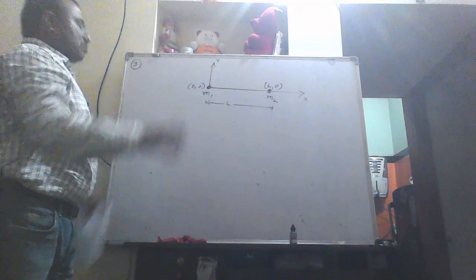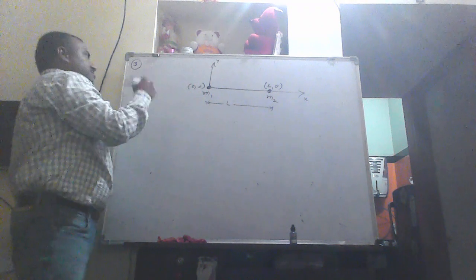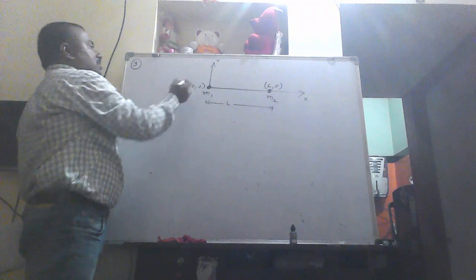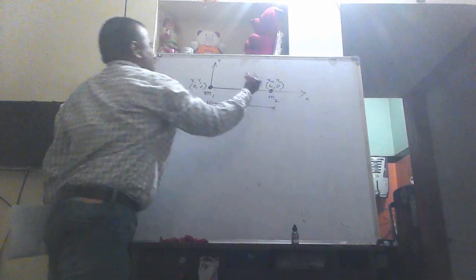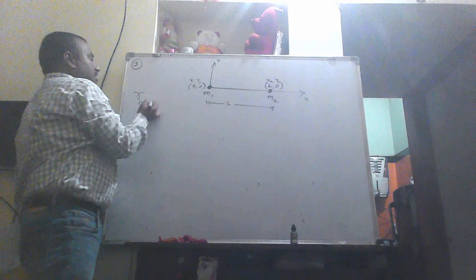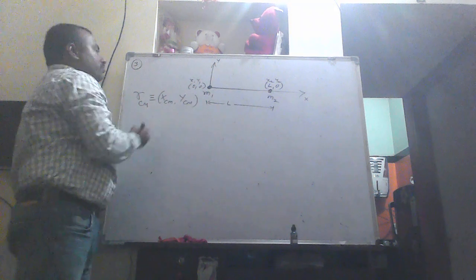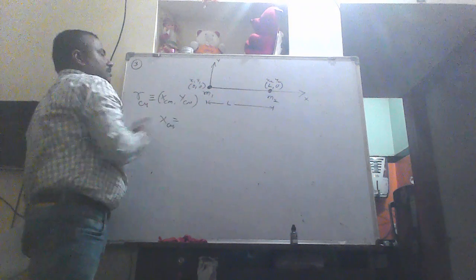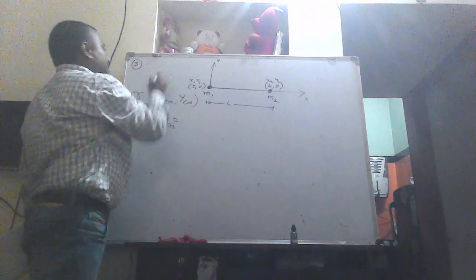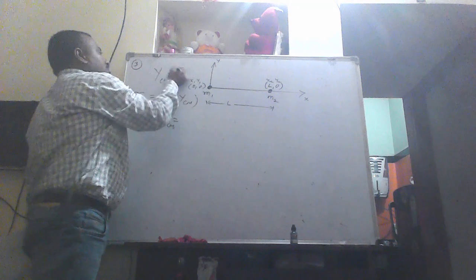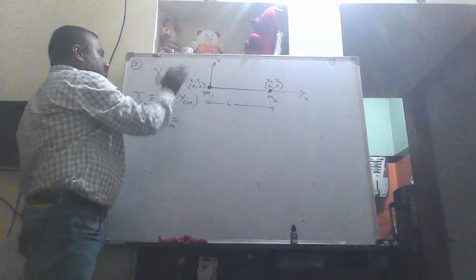So the problem is almost solved. What about the mass? You take their masses separately, m1 and m2. The masses are not equal. So we have x1, y1, x2, y2. Calculate the center of mass. The center of mass will also have coordinates, x center of mass and y center of mass. Y center of mass is directly 0, because it is linear, one dimensional, and the second coordinate is 0 in both cases.